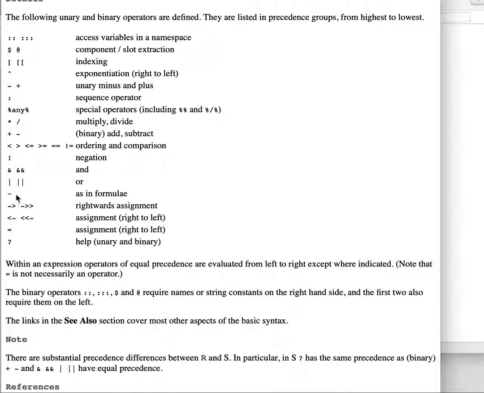This is the tilde, and it shows up in formulas, like in lm. Here's the right assignment and left assignment operator. Ooh, this is a weird one and very dangerous. That's one that does assignment